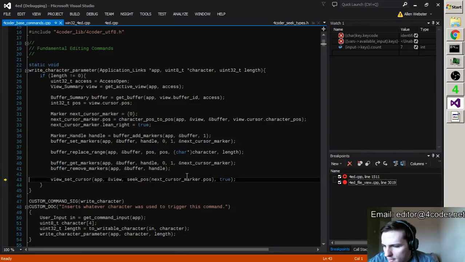Bad Fly Dog asks: will a smarter highlight system be implemented anytime soon, let's say in the next half year? I am thinking about highlighting things other than keywords, such as types from earlier declarations, kind of like Visual Studio. The plan is that in the new engine, which is one of the parts I haven't actually implemented or looked at very closely yet, so I'm kind of talking out of my ass a little bit, one of the plans is to look at that problem while working on the new engine. In particular, I'm not just interested in having more options for highlighting, but rather making the highlighting fully programmable.